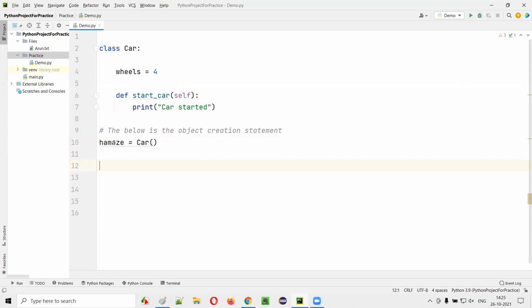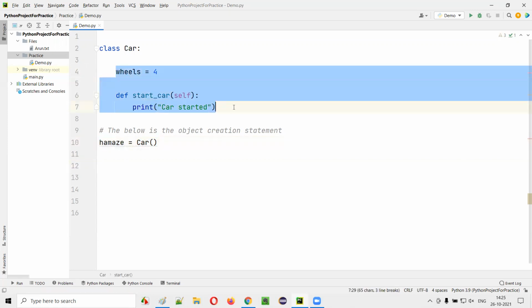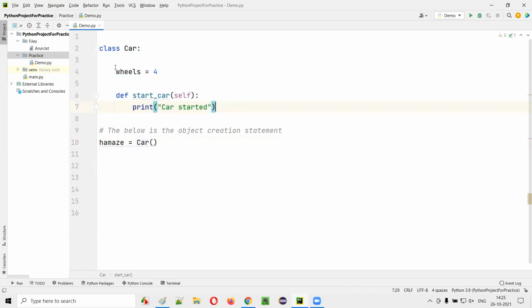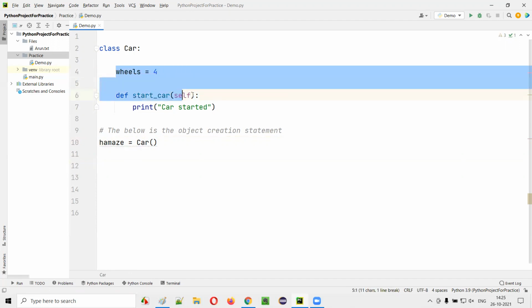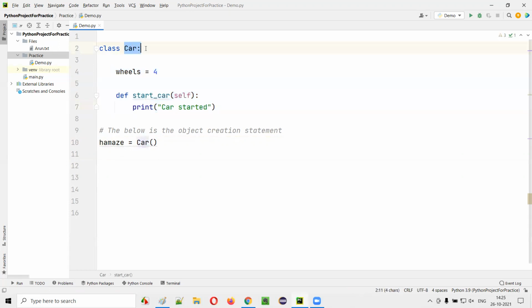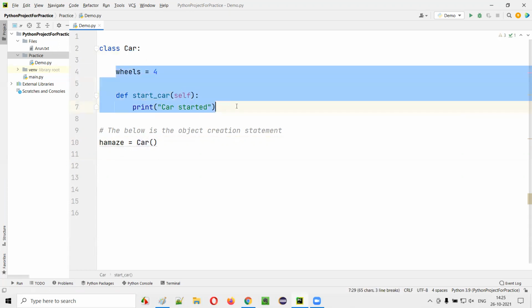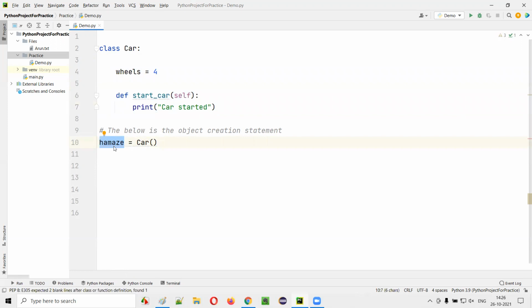Fine. Now, using this object reference, we can access the variables and methods under the class. Under the class we have some sample variables and methods. Here in this example, we have only one variable and one method. We can also call these variables and methods of the class the properties of the class. In order to access these properties of the class, we have to use the object reference.